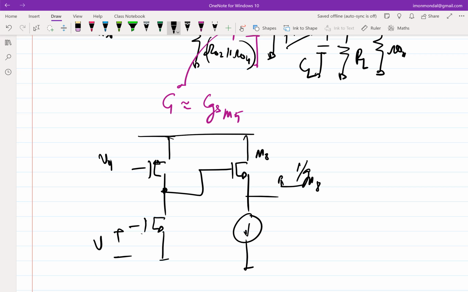So this used to be a very popular topology of using a GM at the output, using a common drain amplifier at the output stage, even like 10 or 15 years back. But this is no longer a very popular topology. One of the reasons is,